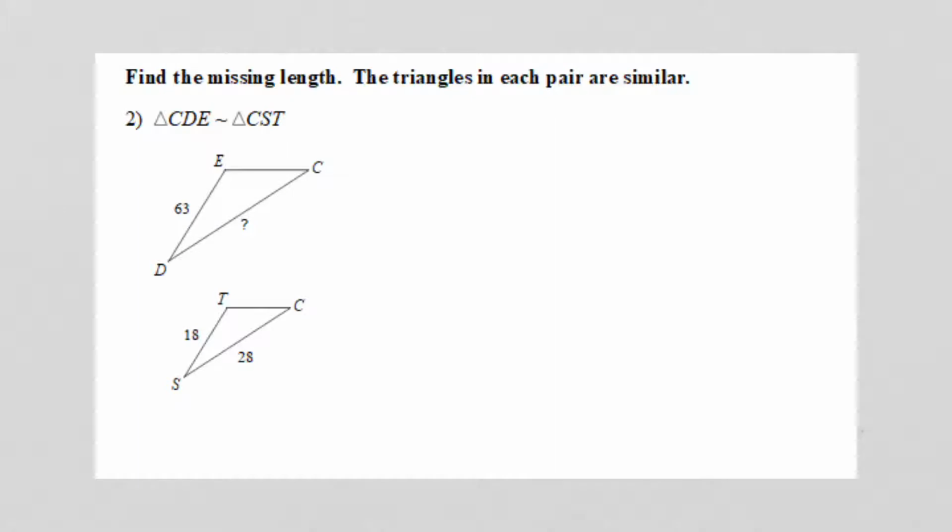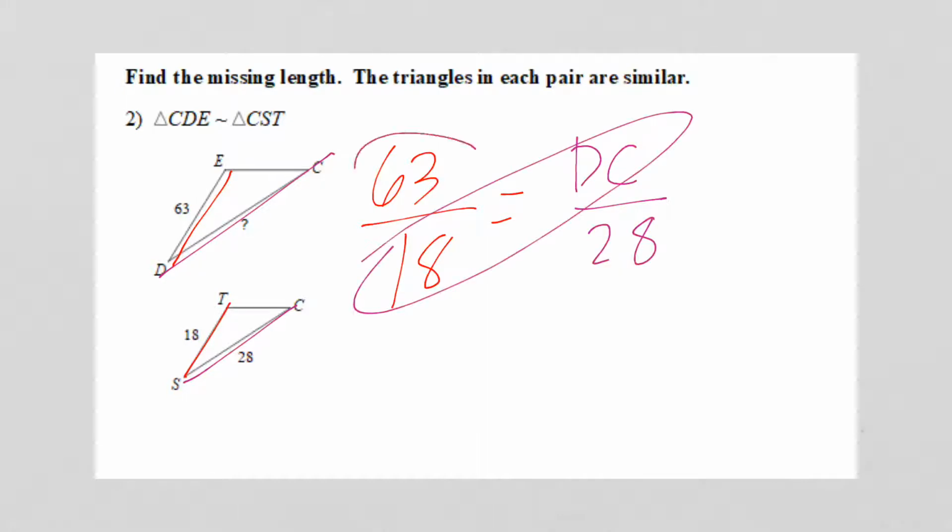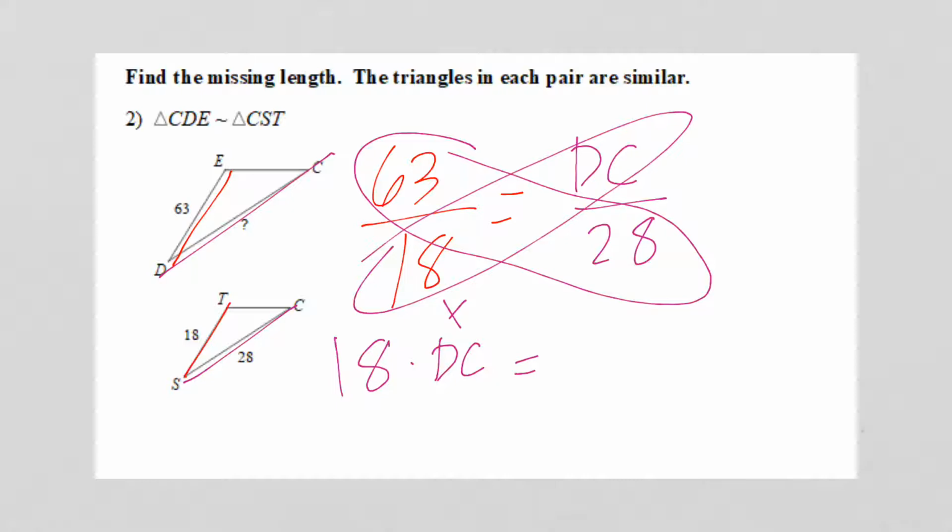For this question, I need to find the missing length, so I need to use a proportion. So here I know that ED corresponds to TS. And I know that DC, the one I don't know, I'll just write as DC, corresponds to SE, which is 28. So if I cross multiply, I will get 18 times side DC, or you can use X if you get confused, is equal to